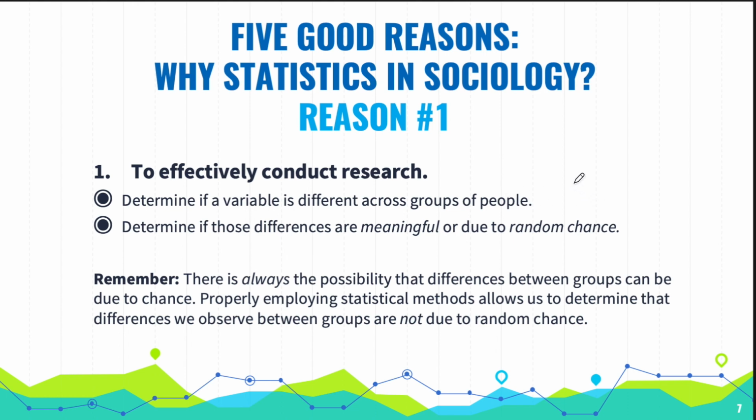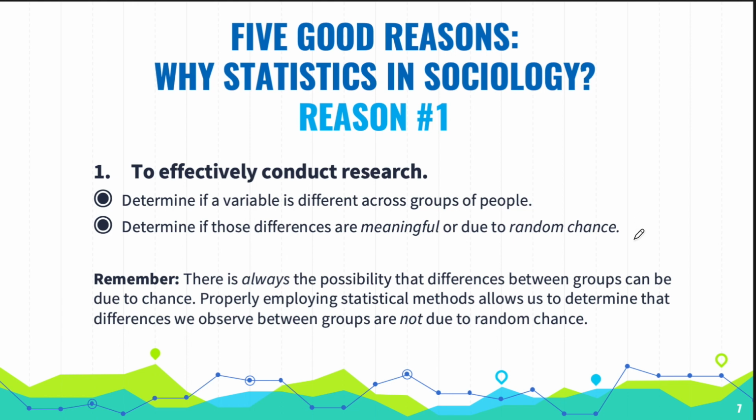We use statistical methods to see if a variable is different across different groups of people. So a variable, if that's a new term for you, that's a factor or a concept, something that changes across different people. A good example is maybe gender is a variable. Another variable, the number of years of education someone's completed. This is a concept, this is a factor that varies across different people. So we call those variables, and we like to see if they significantly vary across different people. That's what we mean by significant. We see if those differences are meaningful or due to random chance.